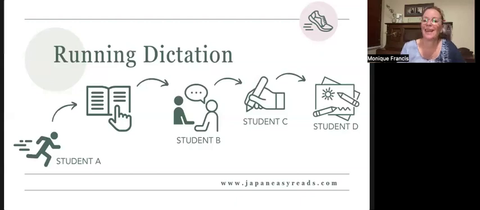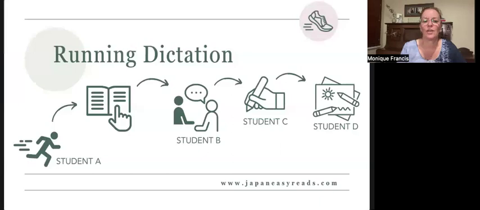It's really fun, a fun input activity. There's more input, and so there's more exposure to the language, and with more input, that's what we need for language acquisition. So running dictation uses all of the skills, listening, speaking, reading and writing, making it a really powerful tool